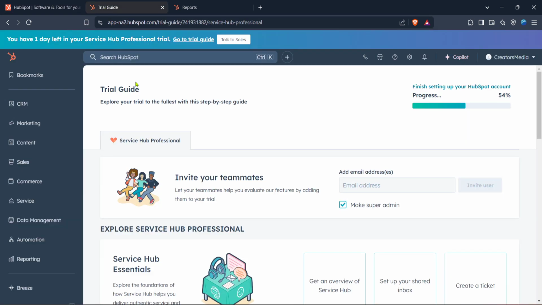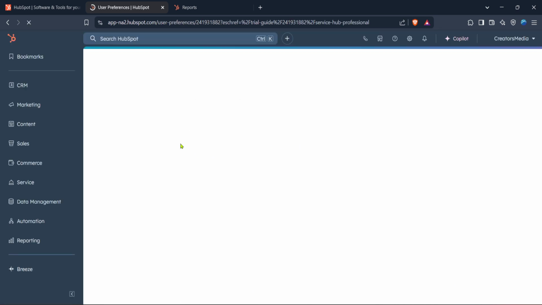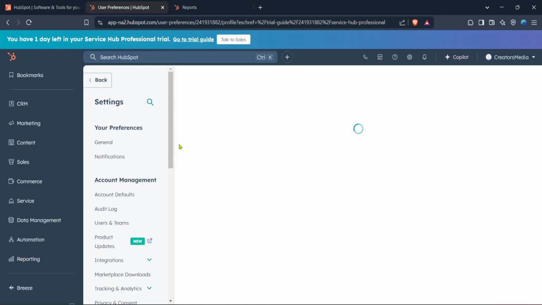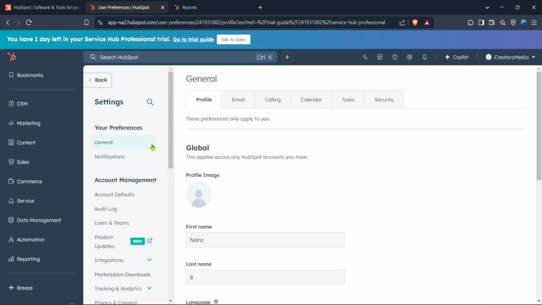After logging into HubSpot, you'll be directed to the HubSpot home. Now direct your attention to the top right corner of the page where you will see a gear icon labeled Settings. Click on Settings to proceed. The Settings page is your hub for customizing your HubSpot experience, and accessing it is an important step in creating custom property groups.